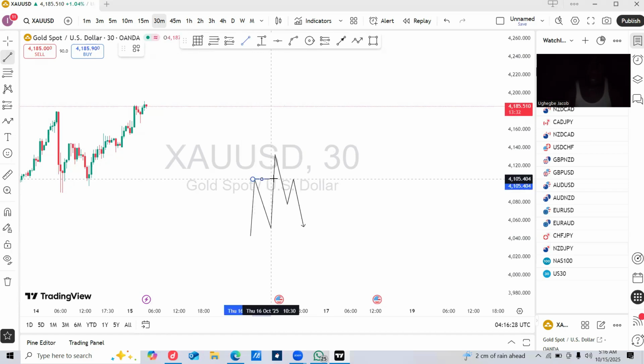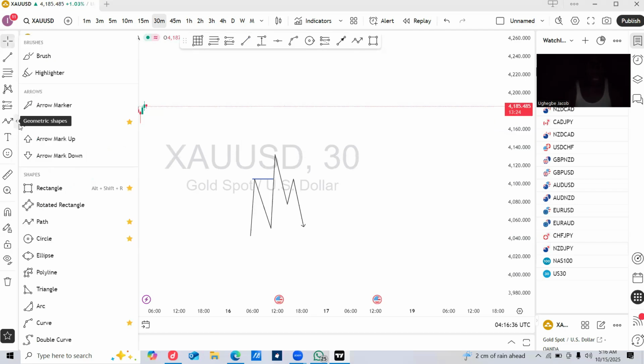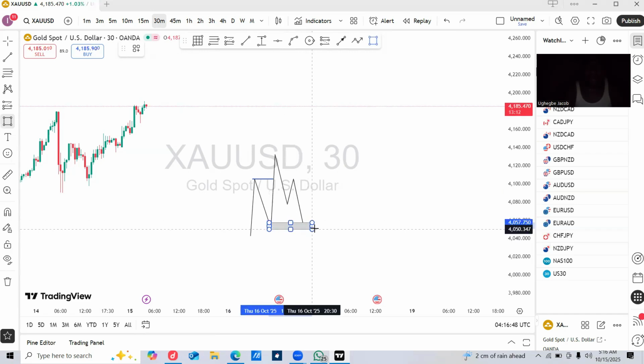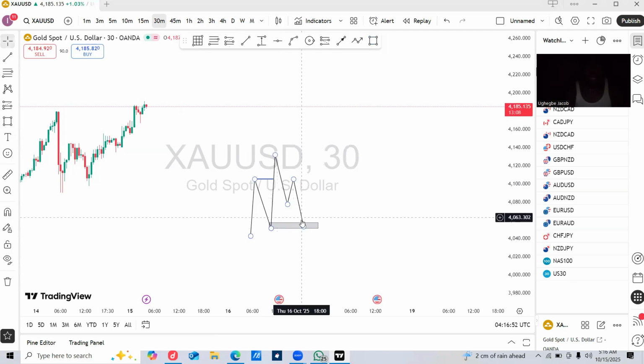Once the market has broken this structure, what you do, you take the last bearish candle before the pull up that broke this high as your order block. Now what you do, once the market has tapped this high here,